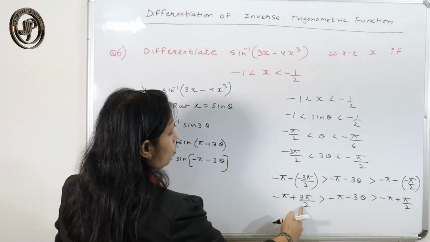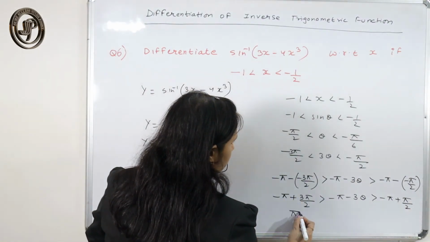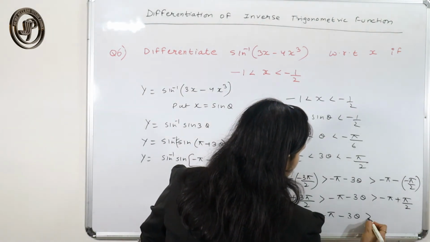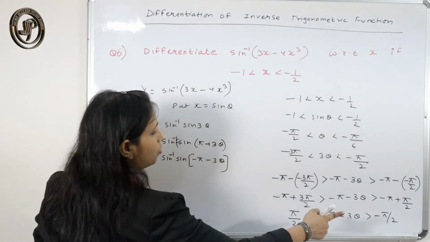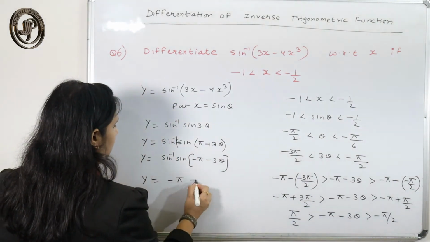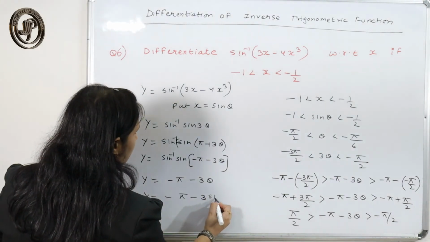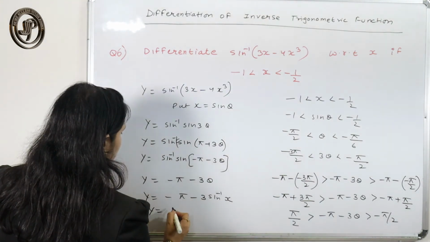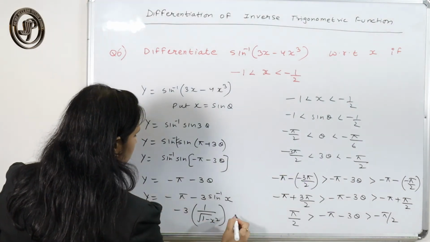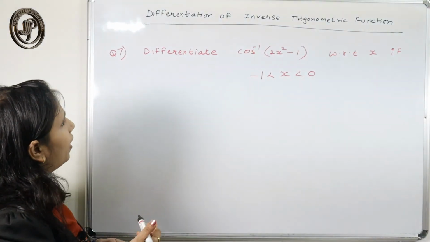So here it comes to minus 2 pi plus 3 pi. So here it will become pi by 2 minus pi 3 theta, and here minus pi by 2. So that is coming in our range. So we can write this, and this will cancel out in that case, and pi minus theta will be sin inverse x. So here if you differentiate, you will get this thing. That is the answer.